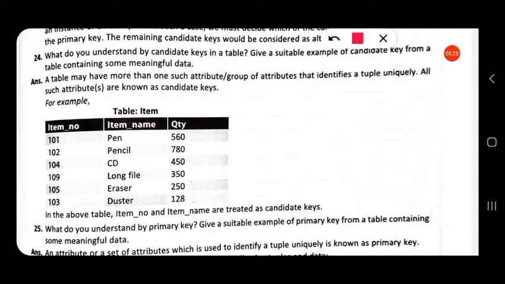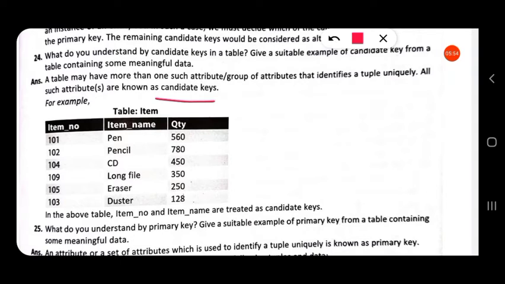And so the other columns, item number and item name, have unique values, so these can be considered as primary keys. Since these two fields, item name and item number, can be considered as primary key, they are called candidate keys.